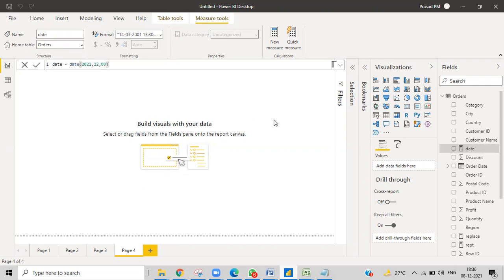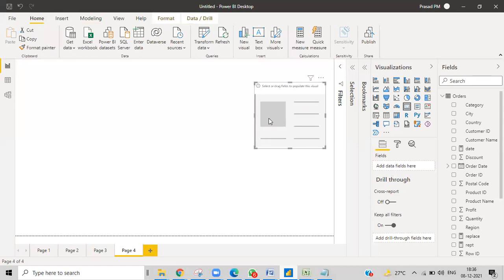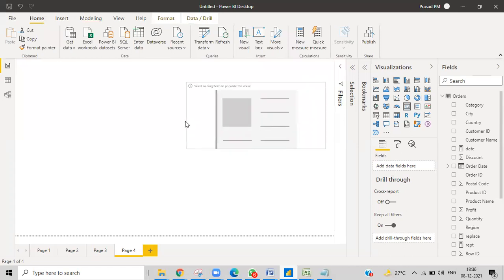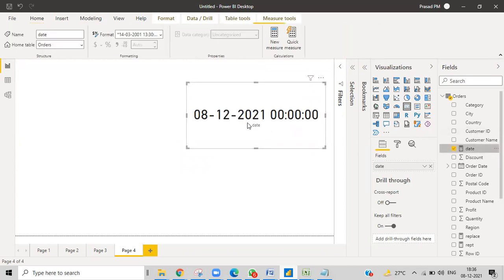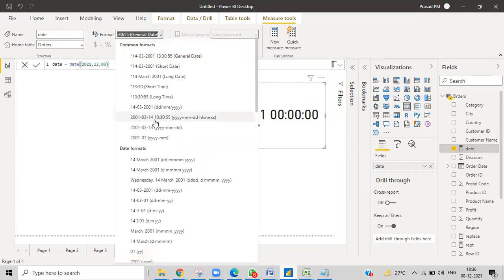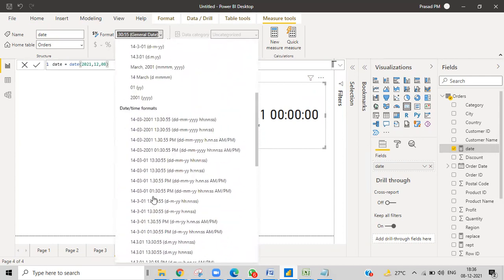I'll get that in date time format. I didn't give any hours or anything else, so I got this. When you get something, you can even change the format of it. I do have these many date time formats.